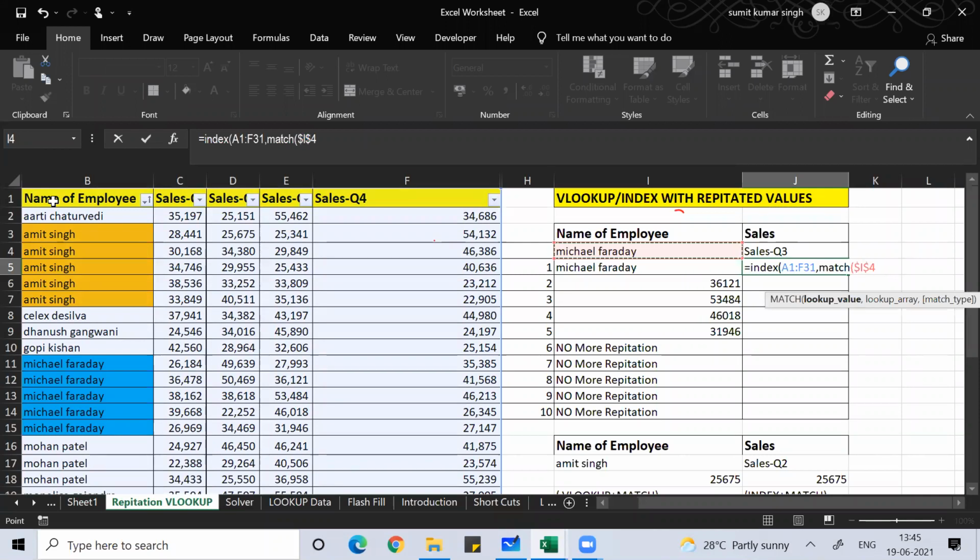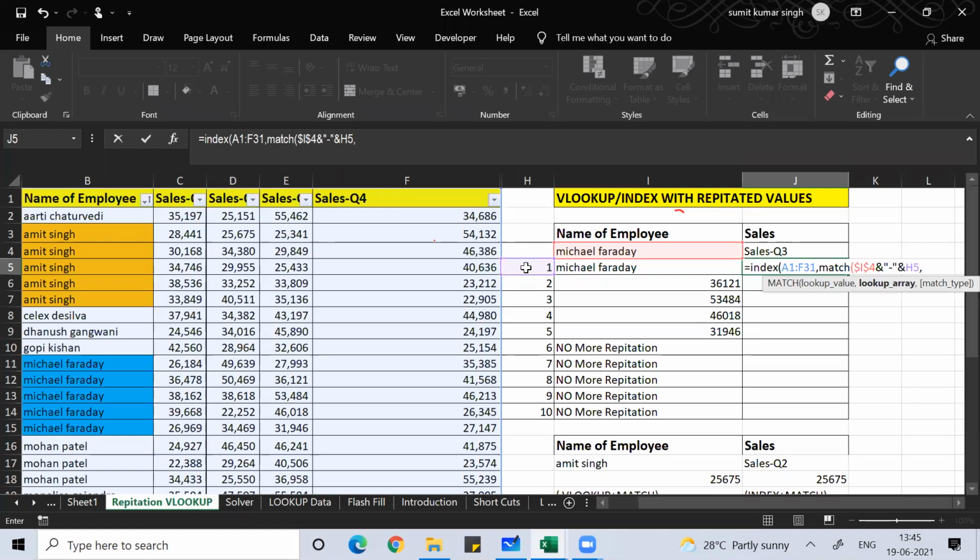Fix that with F4. Shift 7, double quote, slash, double quote, Shift 7. Go to 1, click on 1. So this is the lookup value, comma.